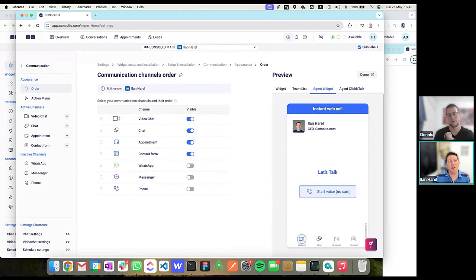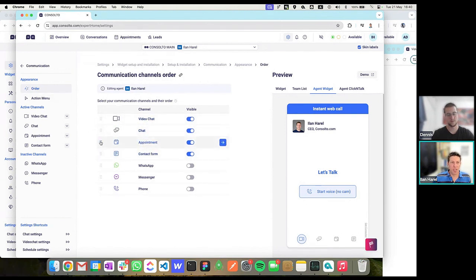It's not optimal to put all of them on your widget. I would put 1, 2, 3, or a maximum of 4 on your widget. And you can also order them. So put on the left the one that you feel is most relevant to your customer base. And the way you can move them left to right is you just drag them up in this order tab.